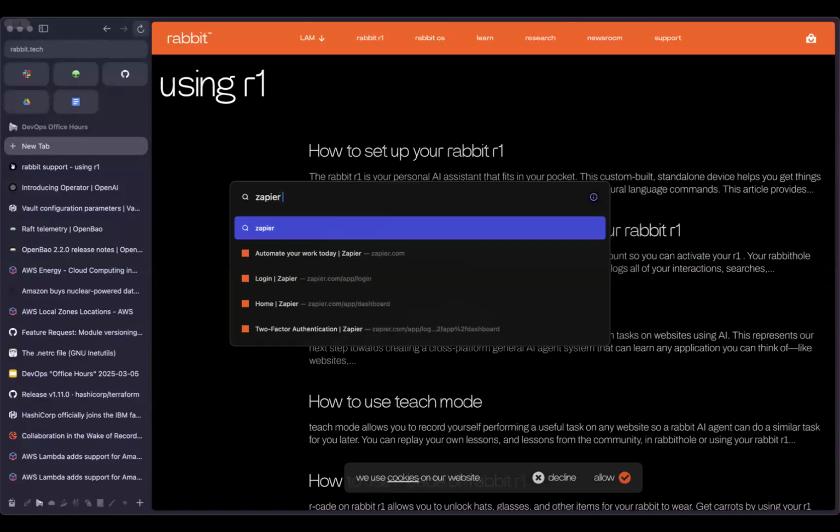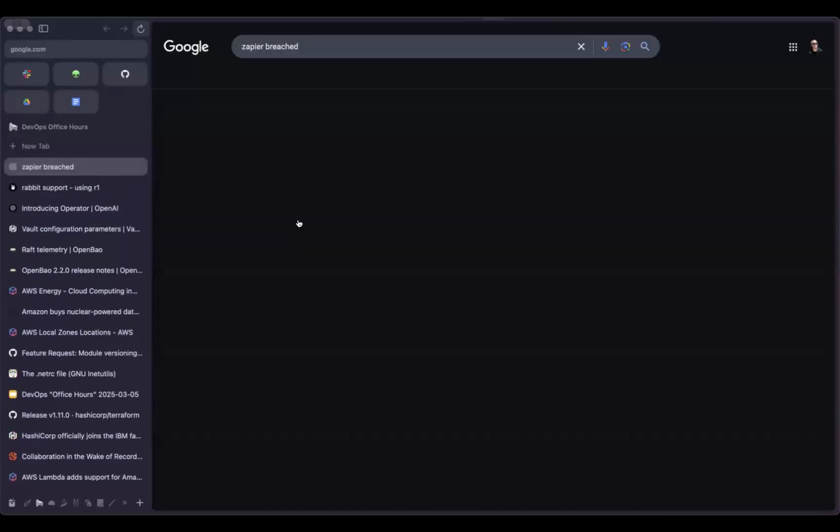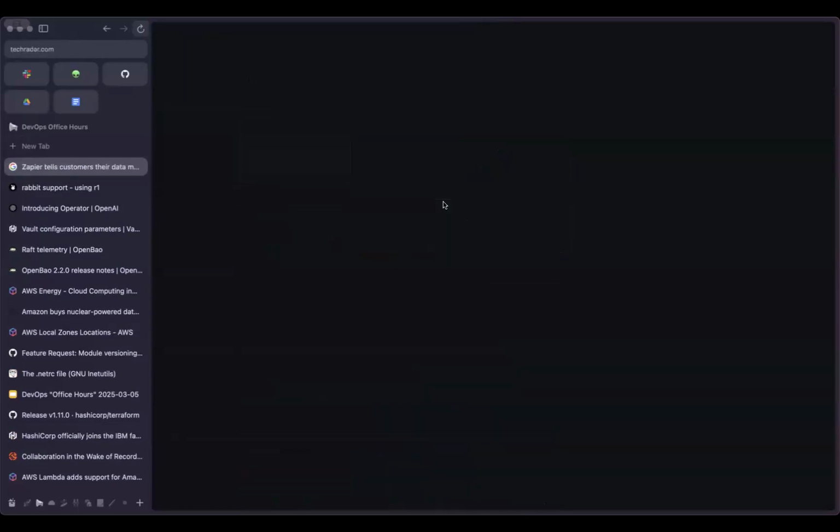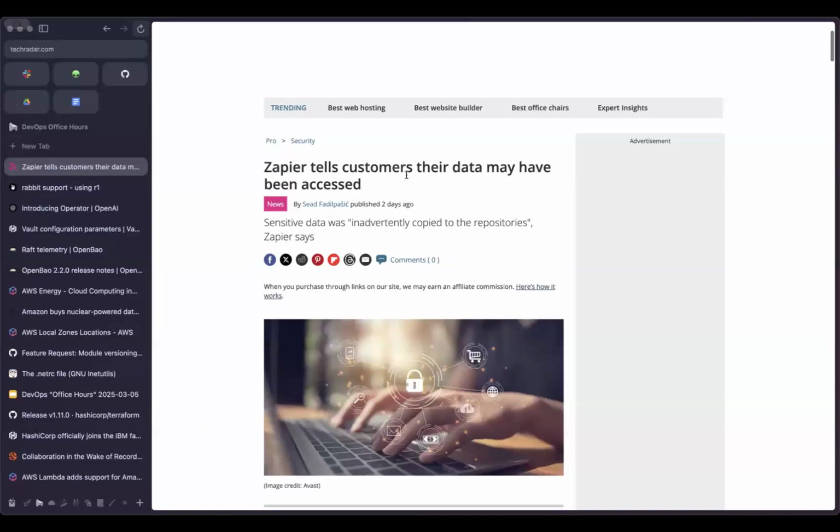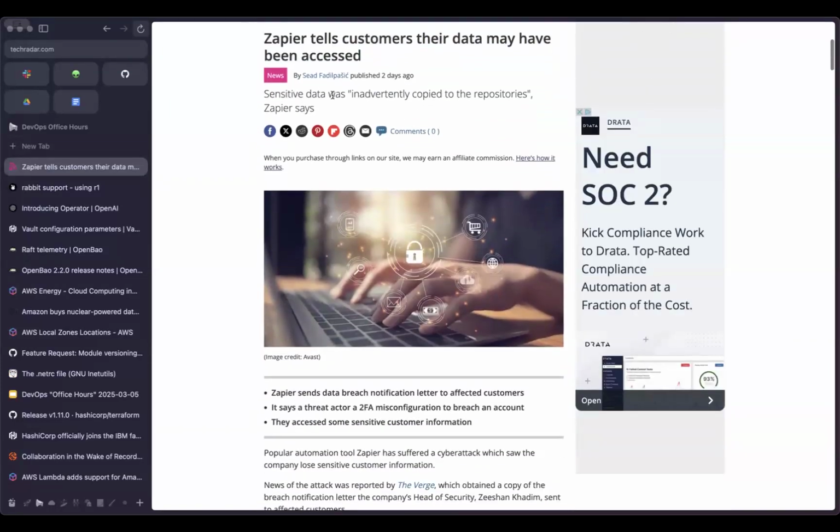Zapier had a breach. Fortunately, it was just their source control. They say the databases, as far as they know, are unaffected. The announcement says their data might have been accessed. It's a little misleading, but they are right to say that, and that's probably what they have to say from a legal perspective.